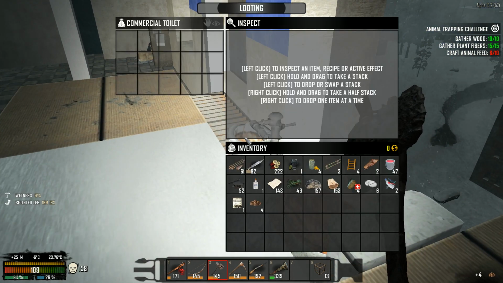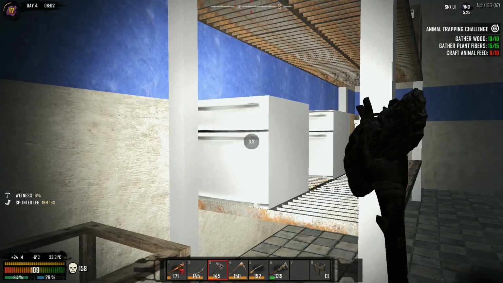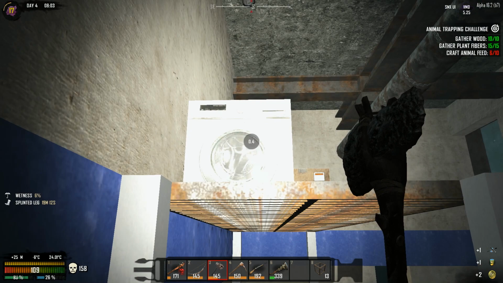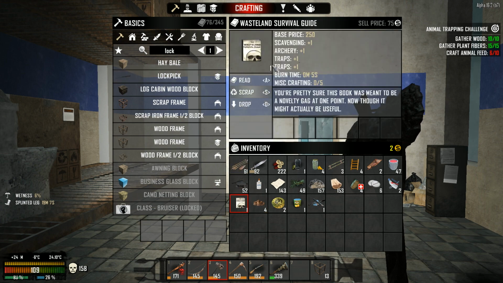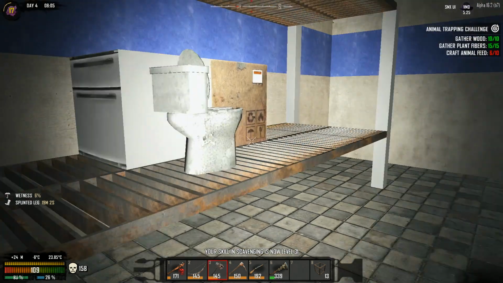Poop in the toilets. There was also, over there, part of a couch, so I already took it apart. I mean, by destroying that thing. Ha! And the scavenging skill went up. So on that note, let's use the Wasteland Survival Guide to increase our scavenging further and not to lose the experience